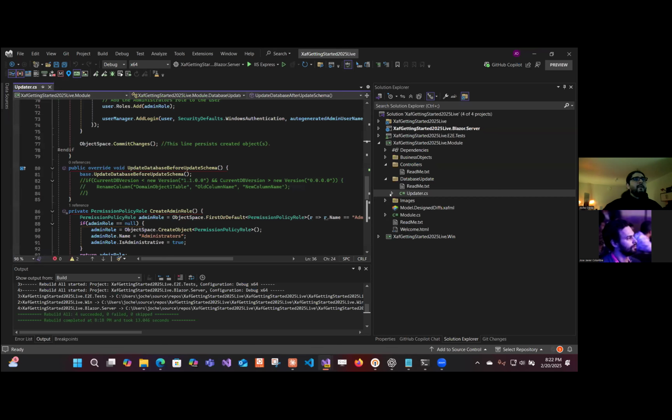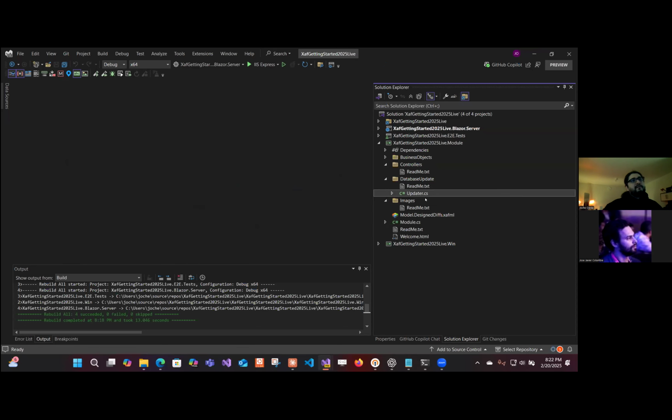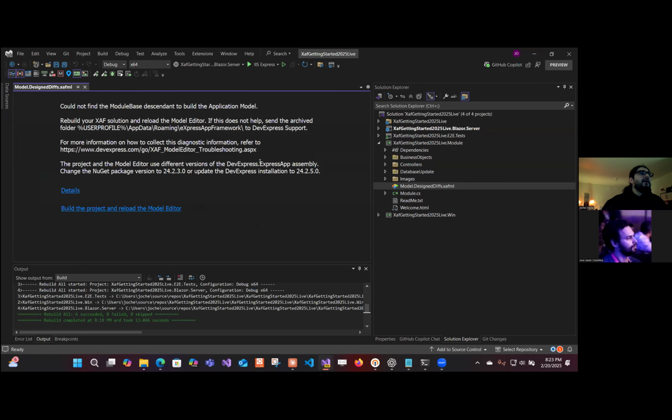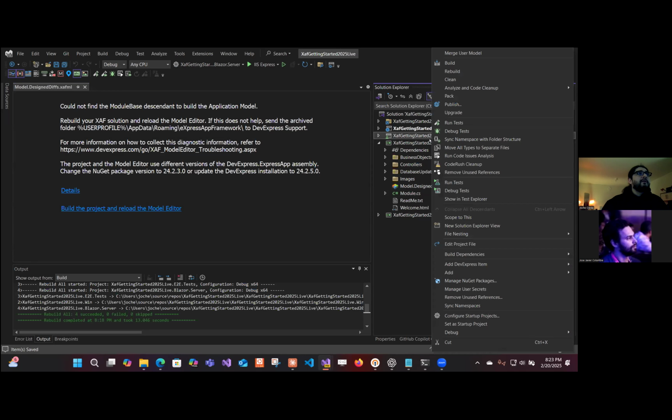And well, the images folder, we talked about it, is empty right now. Then we have something that is really special, one of the parts that I like the most about XAF. I don't use it so much, but it's one of the parts that I like the most, which is the model, the application model. So in here, since I'm in the ARM version, if I double click this, it will fail. But if I change back to any CPU and compile this again,